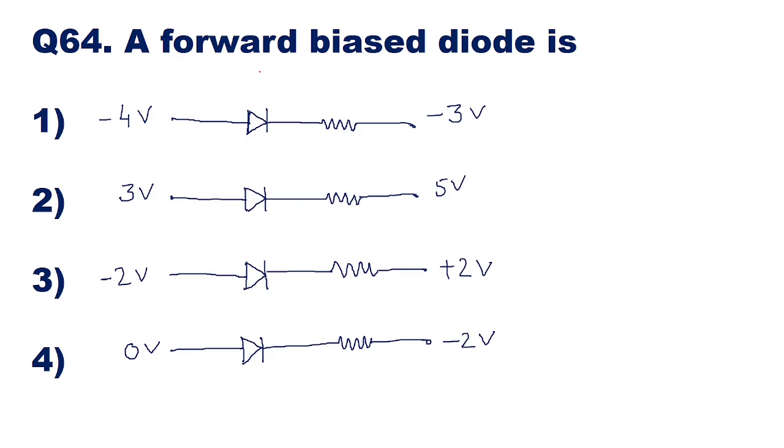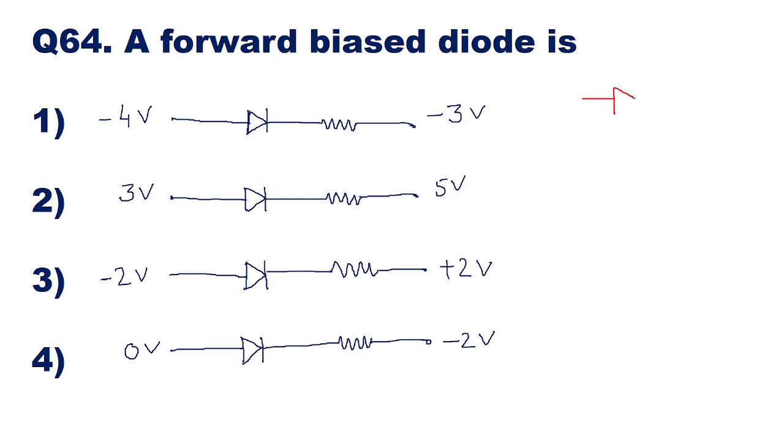Now here in this question, it is asked: a forward biased diode is, and in the options, 4 diagrams are shown. Now we have to see in which diagram forward biasing of diode is indicated. Now here the basic condition for forward biasing of diode is, we know that diode is a device which will